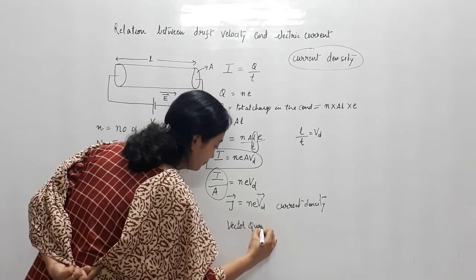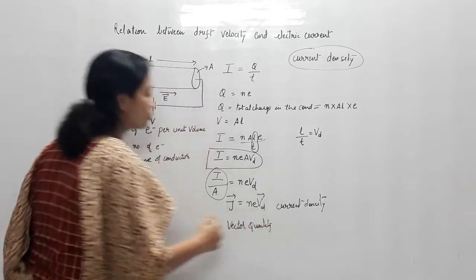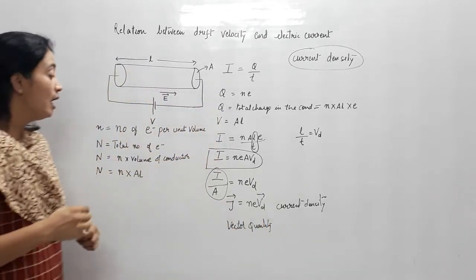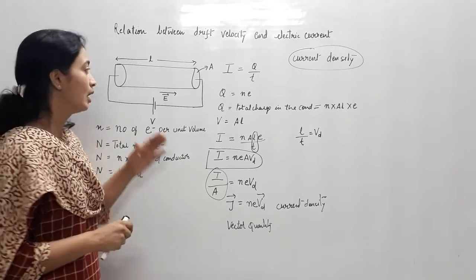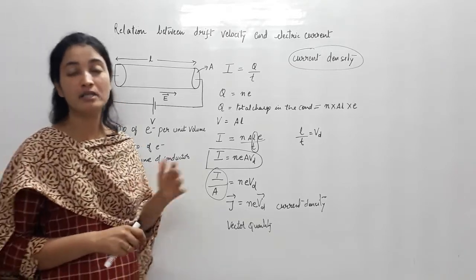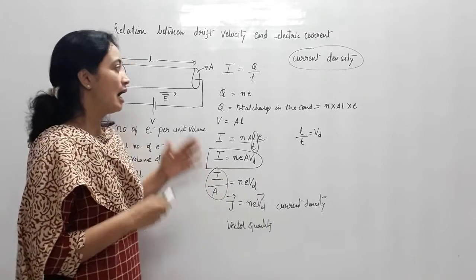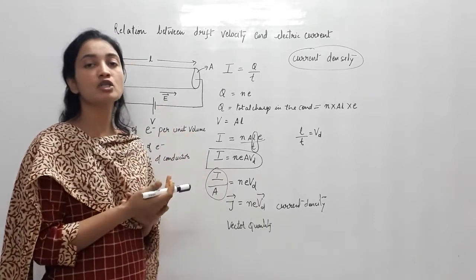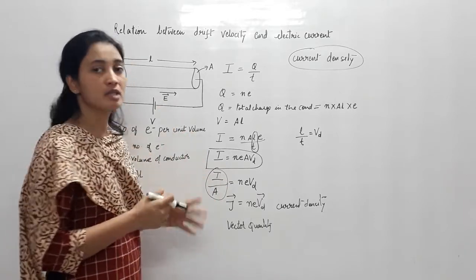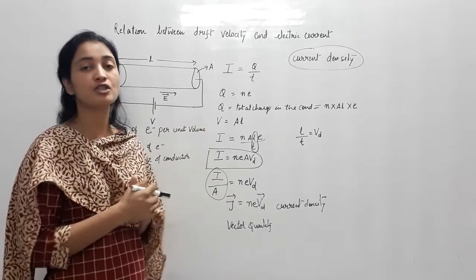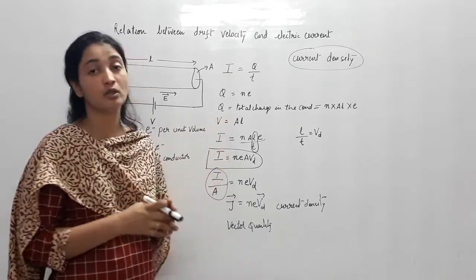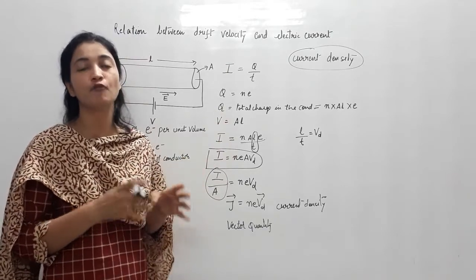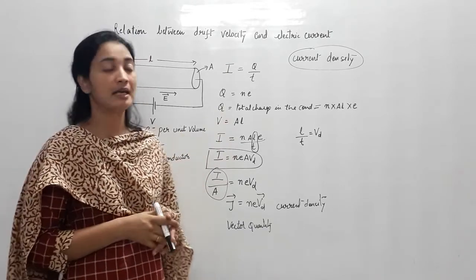We will study more about the relationship between current density and electric field, and we will revise Ohm's law in terms of current density and some other derivations which will connect drift velocity with resistivity, relaxation time, and some other important parameters, so that we can understand the basic reason for resistance and resistivity in a conductor.